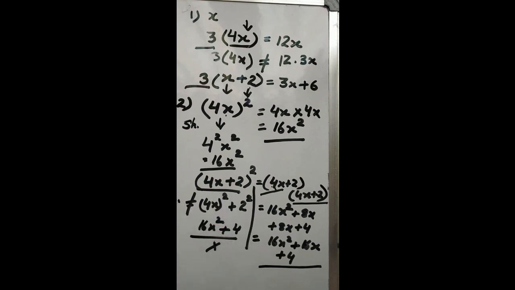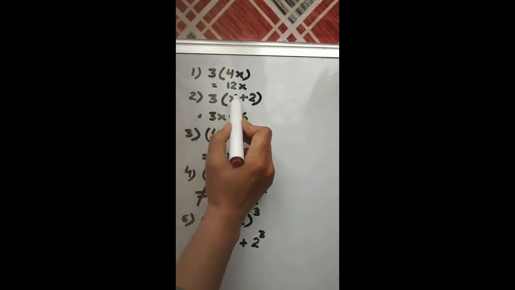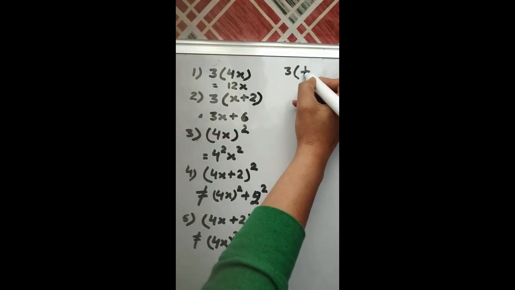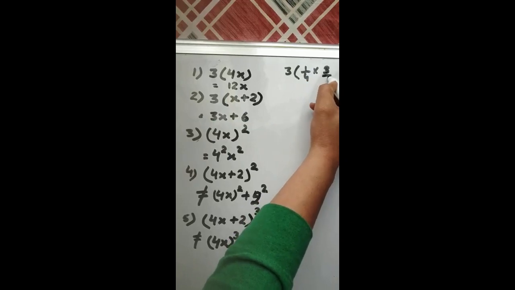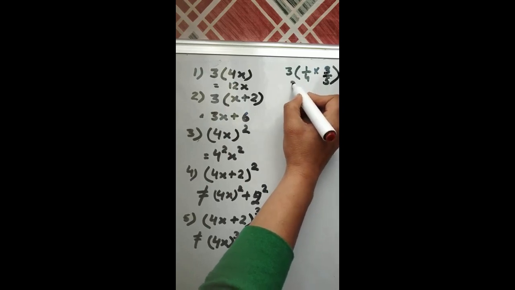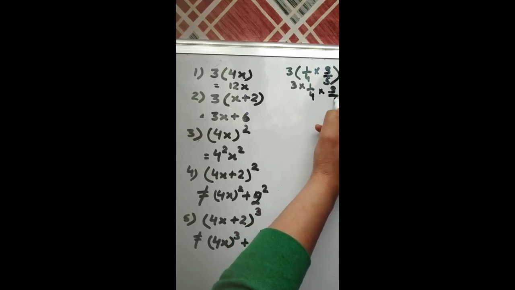Okay, so this is a small concept. A variety of questions can be made, but if you don't keep this in your mind, then you'll be in trouble. So I have listed all of them again here. So my first thing, 3 into 4x is 12x. But if we have a sum like 3 into 1/4 into 3/5, then we can simply multiply them, and then we can multiply with 3. Means you can write it like this also, 3 into 1/4 over 3/5.